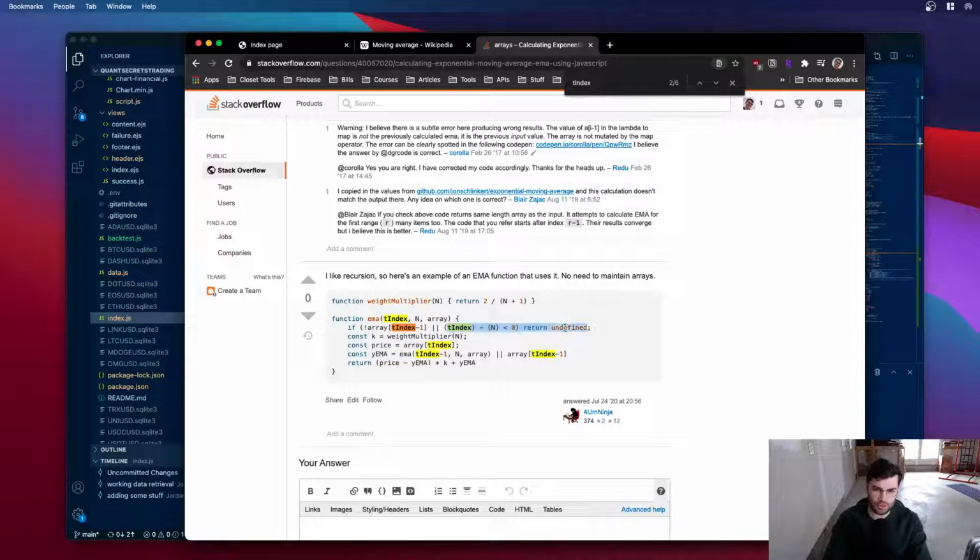Oh, he basically makes it so that if it gets to the end, then it returns undefined, and when it returns undefined, it's just the t-index minus 1, and then the price is the y. Price minus y. Yeah, so